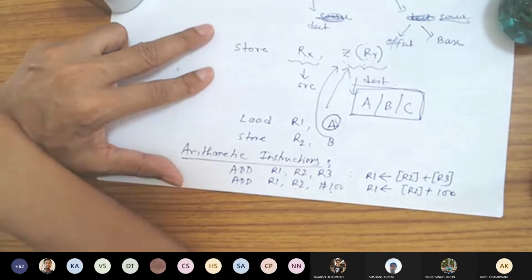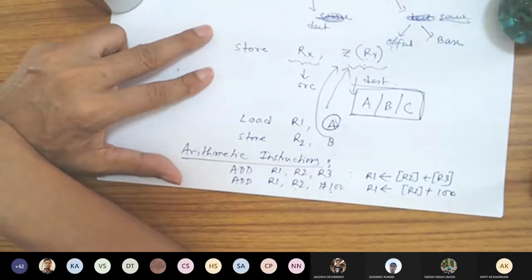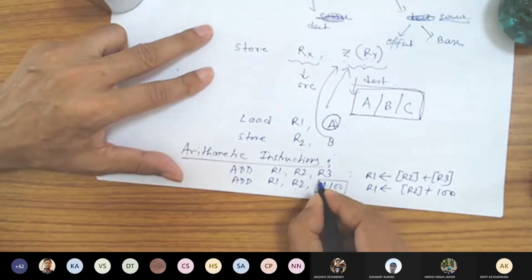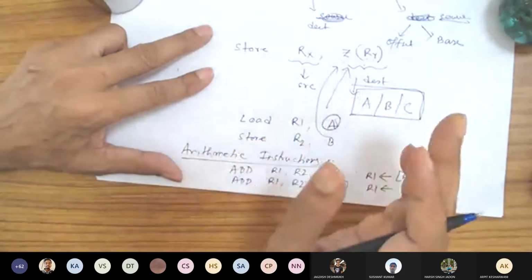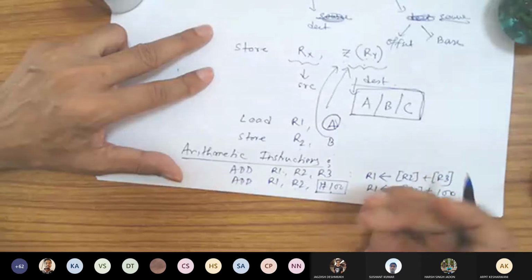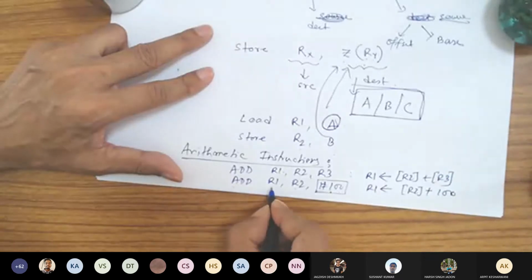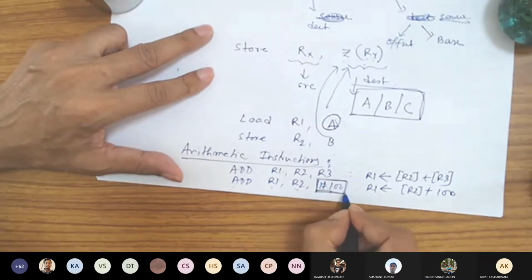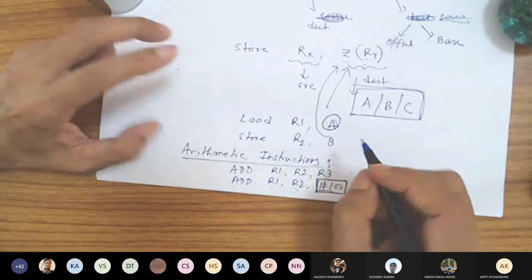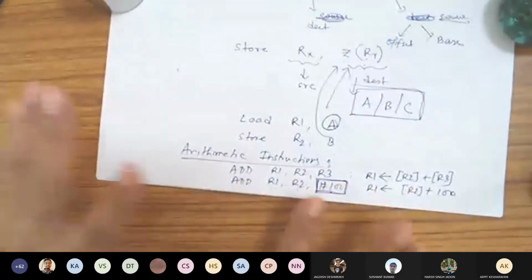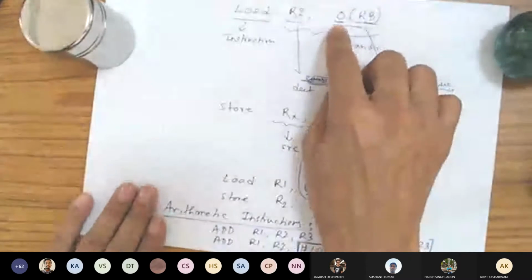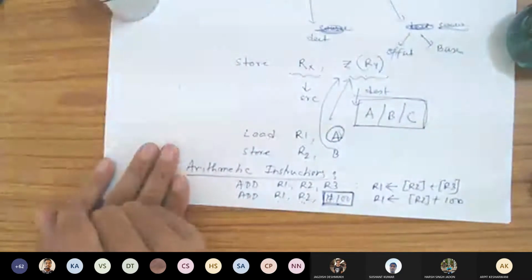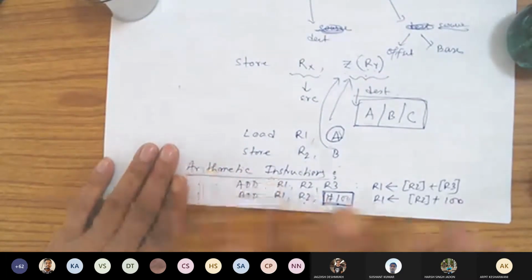There is no involvement of any memory here. Now you may ask what will be the value of this one? This can be maximum 16-bit because your instruction itself is 32-bit. You require bits to represent each of the fields, so there are only a few bits left. So this offset or the second operand can be maximum 16-bit. When I show you the encoding of the instruction, you will know why this limit is 16-bit. Okay. Arithmetic instructions are very simple.